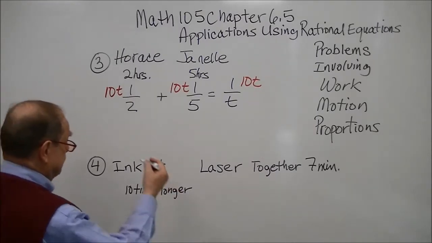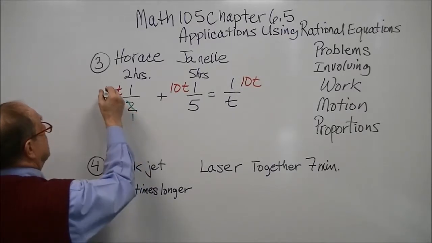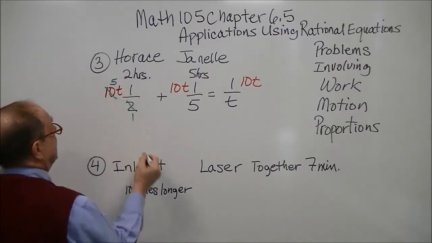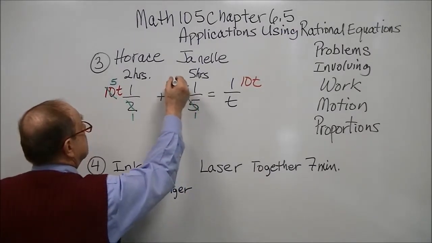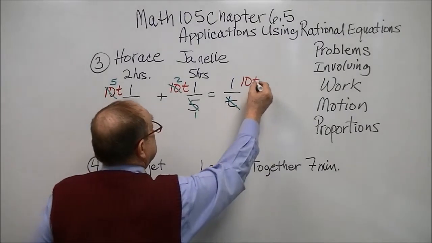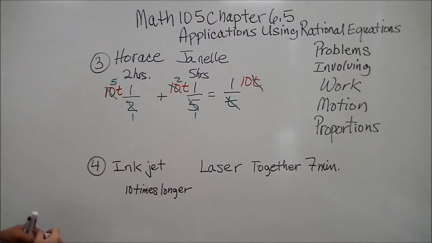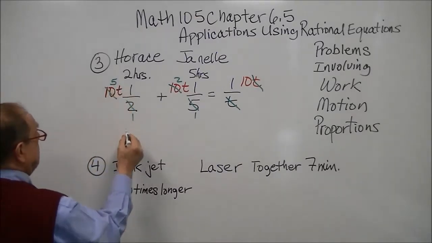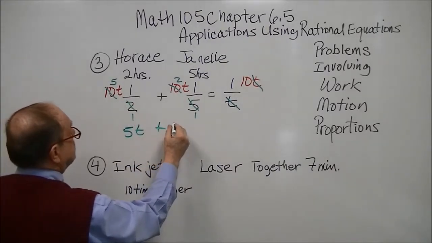Now we clear the fractions. 2 goes into there once, into here 5 times. 5 goes into there once, twice. And here the T cancels out. So you now get 5T here plus 2T